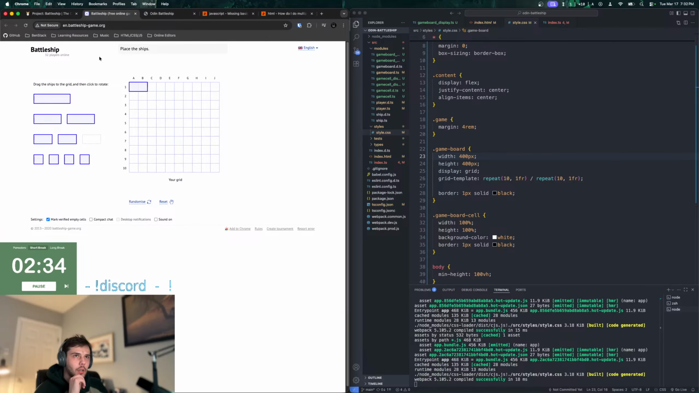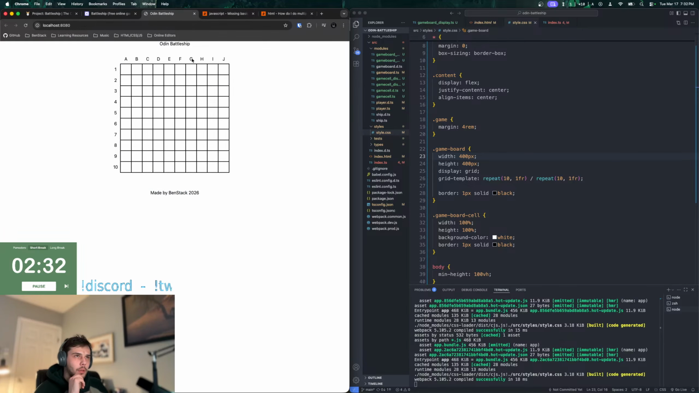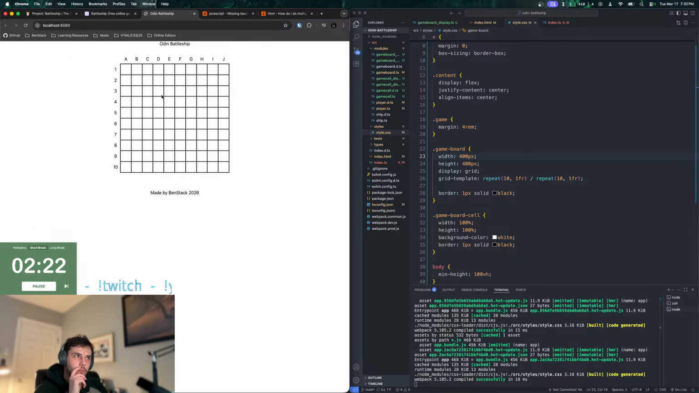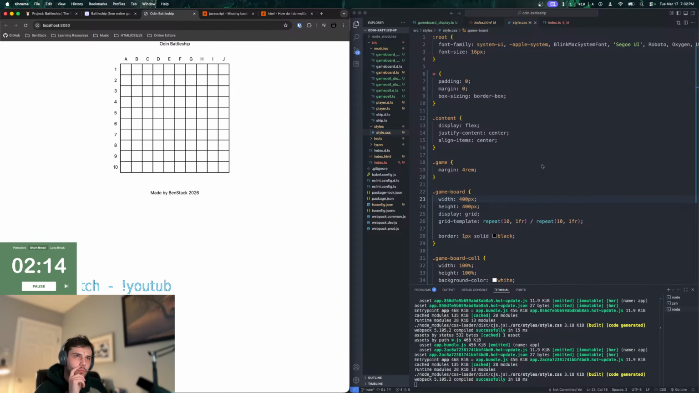This looks pretty good. Probably add some padding to this at the top. We also have a dark mode, light mode thing, which will be probably a pain in the ass to implement, but